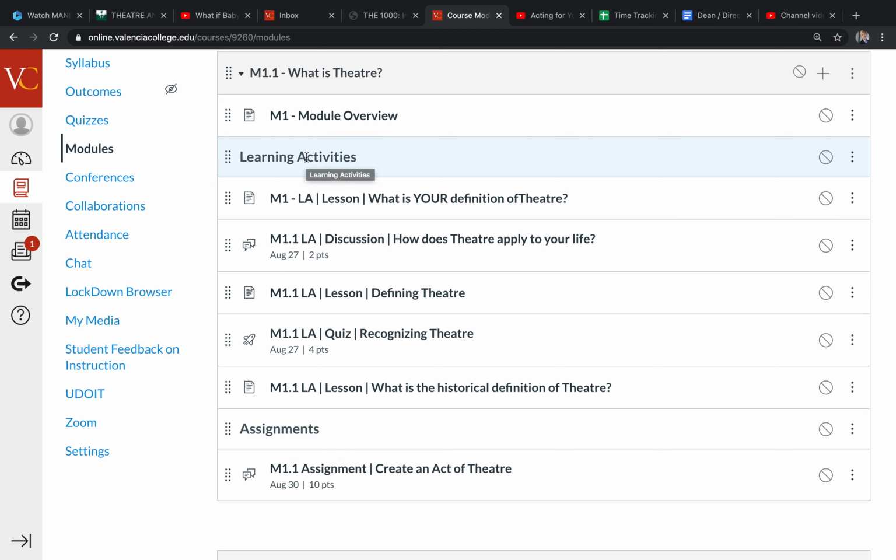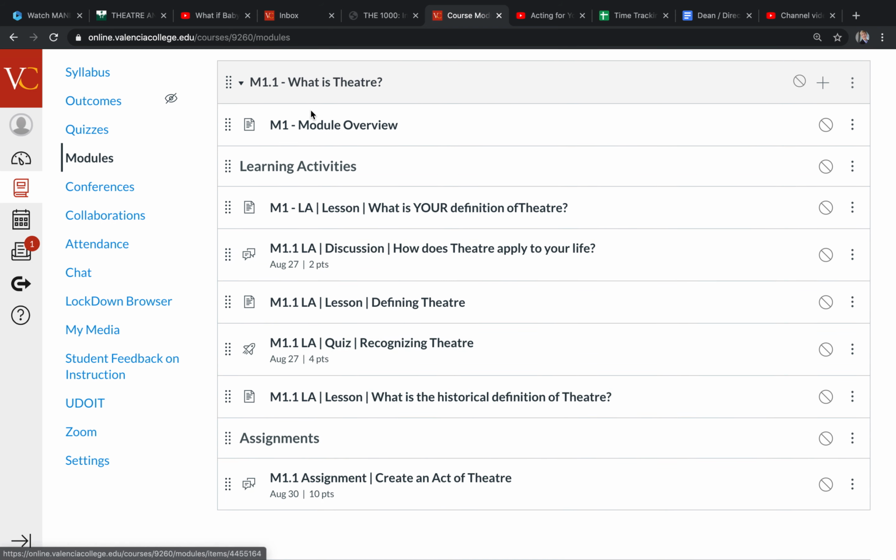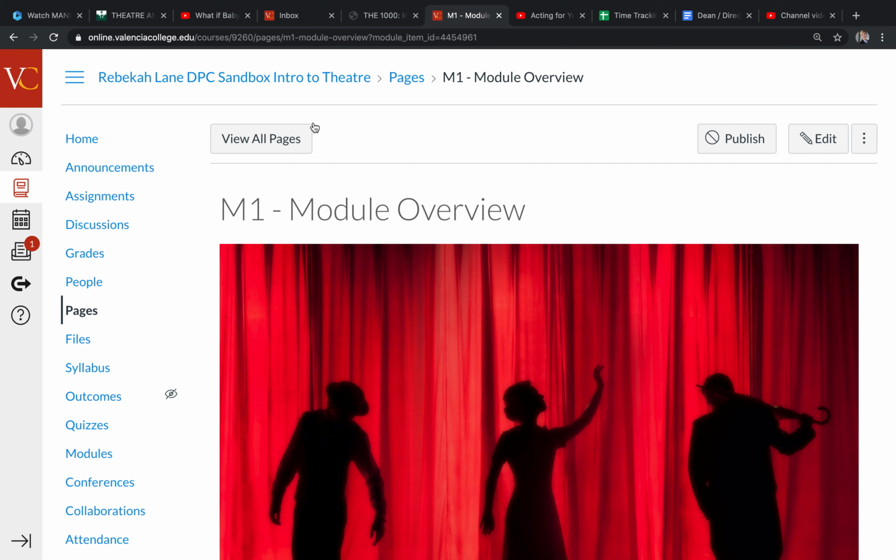The idea is that the learning activities, whether it's a lecture or a video or a short discussion or a short quiz, these activities are all about helping students process the information. So it's not necessarily about analysis, it's more helping them remember and checking their understanding and stuff like that. The assignments get into a little bit of the analysis and application of the content. So that's the philosophical pedagogy that I've built in here. Each module overview has the same things.